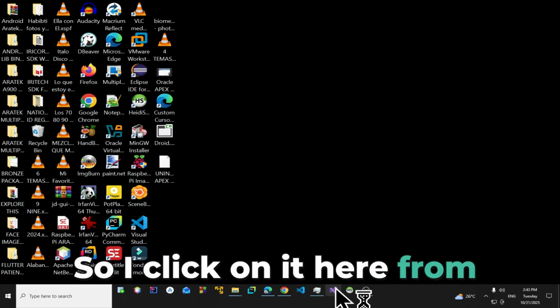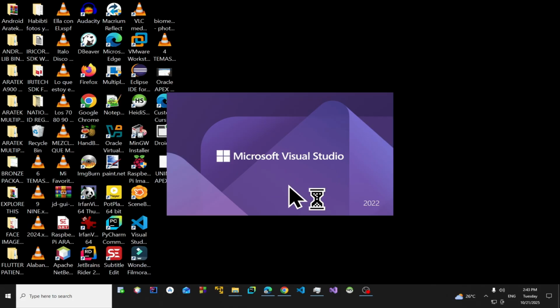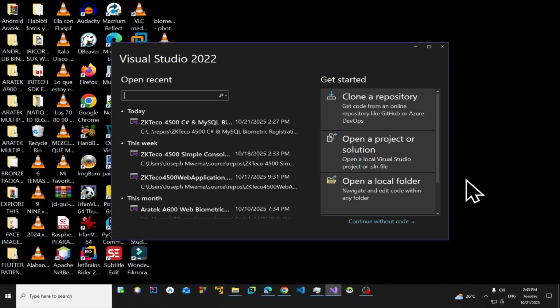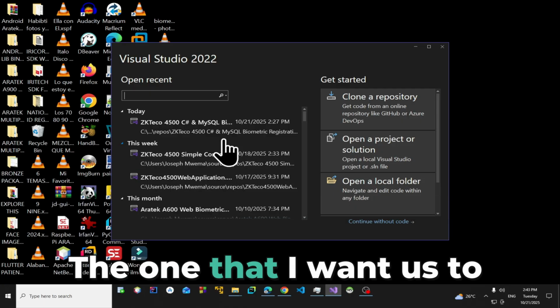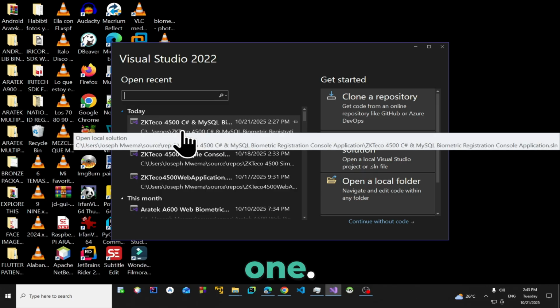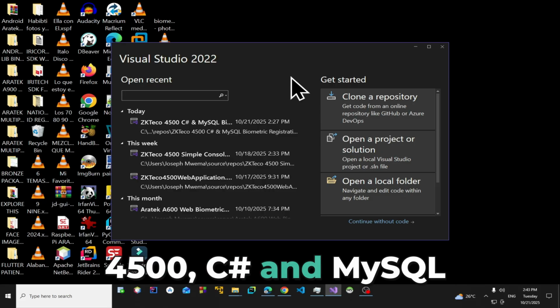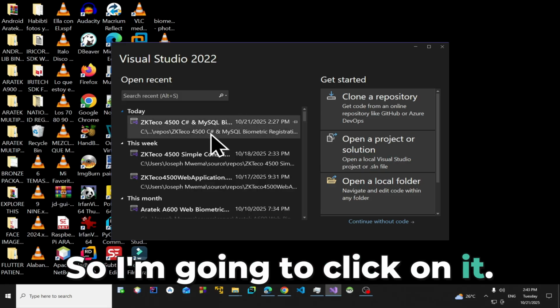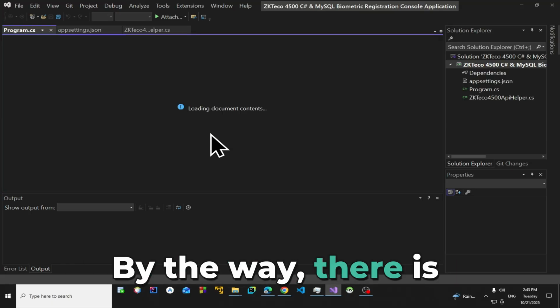So I click on it here from the taskbar. So you can see Visual Studio is starting. Yeah, these are the other projects that I've been working on in the past. The one that I want us to dwell on is this particular one. This one here for ZKTeco 4500 C-Sharp and MySQL Biometric Registration demo. So I'm going to click on it. It is actually initializing, but there is another